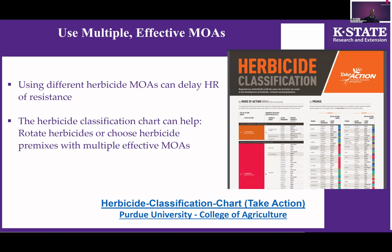What it does, basically, is provide the list of herbicides which target a single site of action. We have the chemical families. At the same time, we also have some premixes which are on the market. For those premixes, we have all the active ingredients which make up the premix and the different sites of action targeted by those active ingredients. So familiarizing ourselves with this chart can help us choose herbicides,